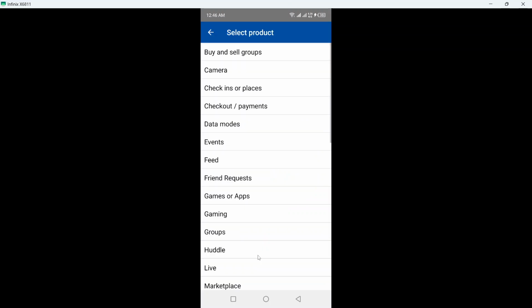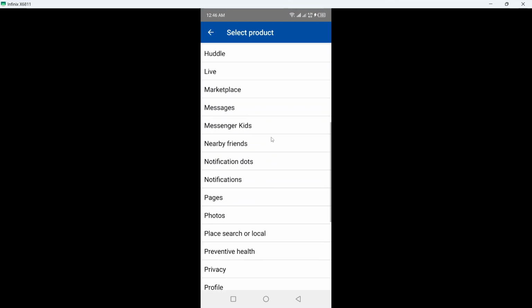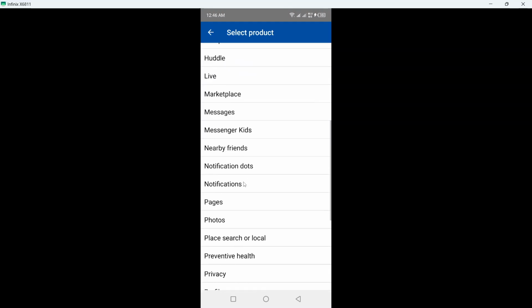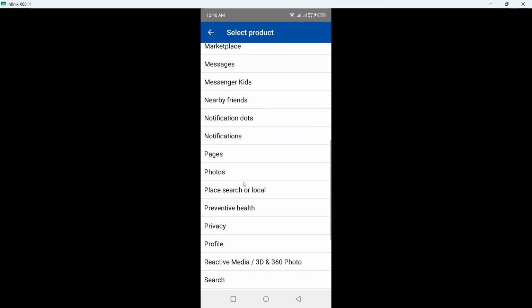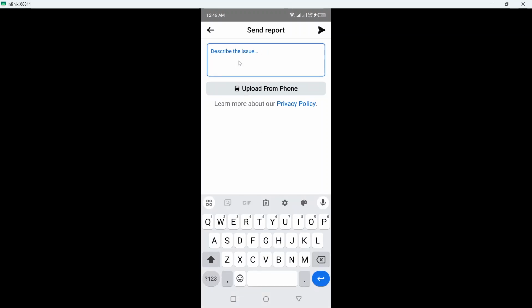Click on include. And once you are on that page, you simply need to scroll down and you need to find the issue state of ads. So if you are unable to find it, you simply need to go and click on profile, and here you need to click on hi Facebook team,